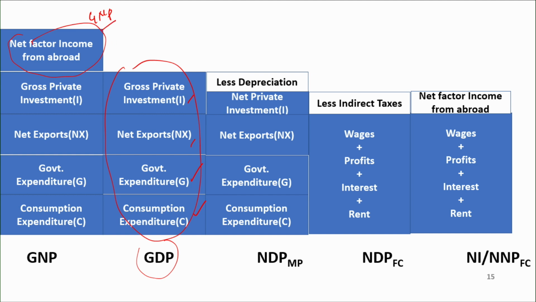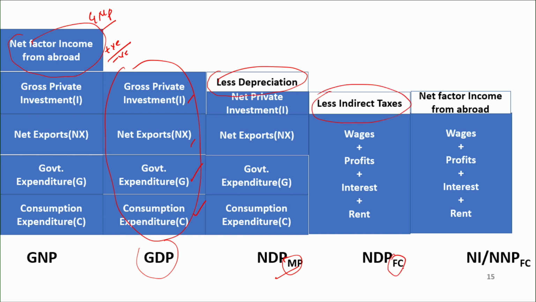So now you might be thinking, why is this in this picture? It seems to be the GNP more than GDP, but this all depends upon whether net factor income from abroad is positive or negative. Got it? So next measure is NDP. NDP here in this case is remove the component of depreciation from GDP is what you get as NDP. This is NDP at market prices. And how would you get NDP at factor cost? Remove the tax component, isn't it?